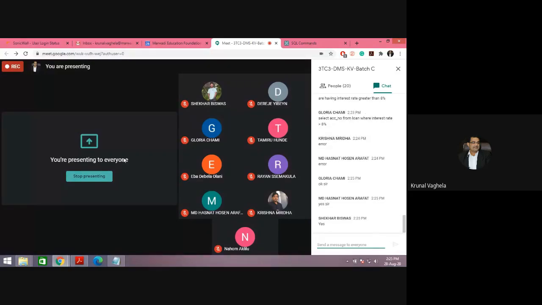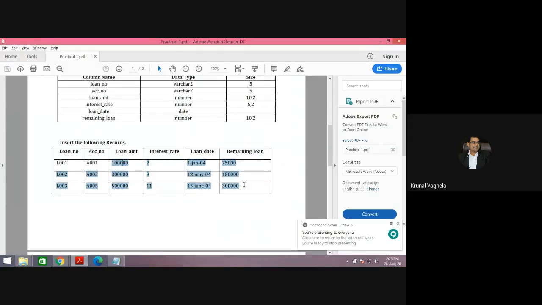So now my task is over. Now what you need to do in the next 1 hour, you need to create all 4 tables. You need to insert the data in all 4 tables. It is not necessary that you enter only these; you can insert more, or other values also.